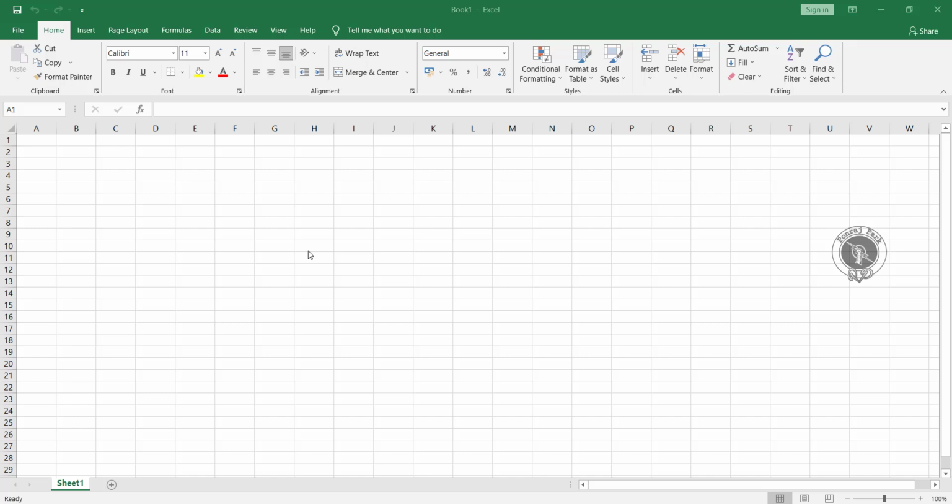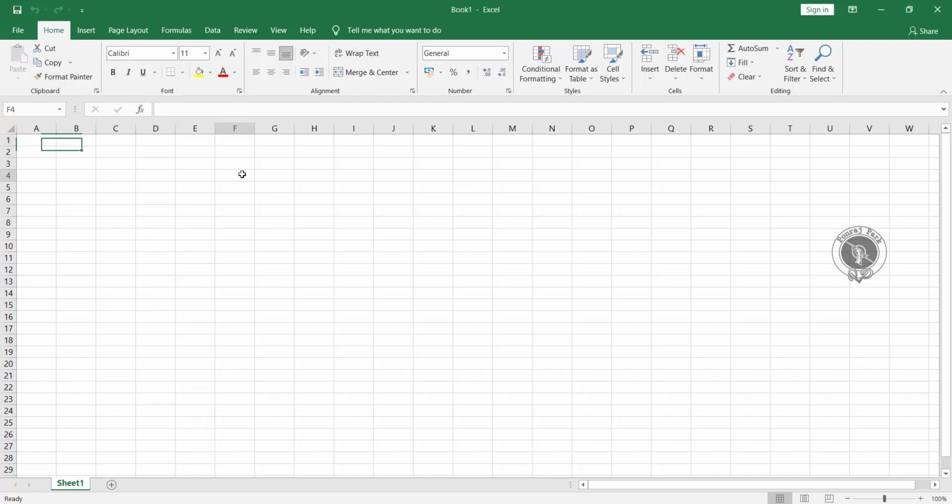So today we are going to learn about this font group in Microsoft Excel 2016. So let's get started. First of all, why do we use this font group? Basically, this font group is used for giving formatting to your data in Excel. We'll see how you can manage your data and how you can use all those commands present over here.